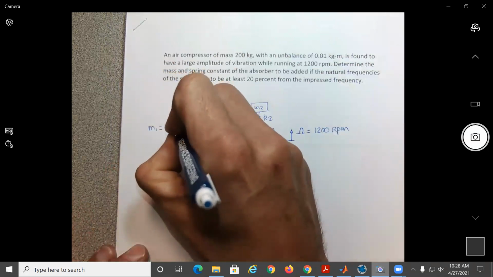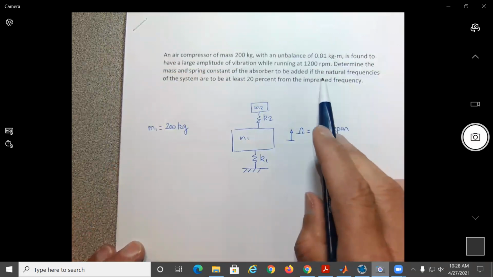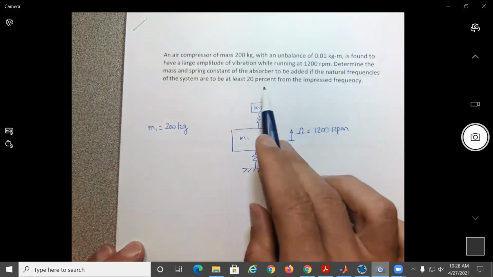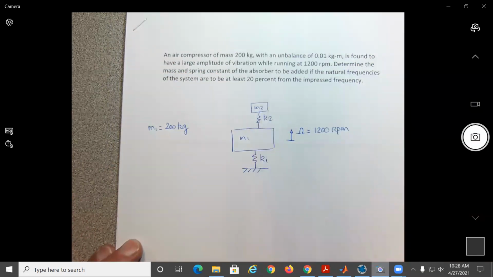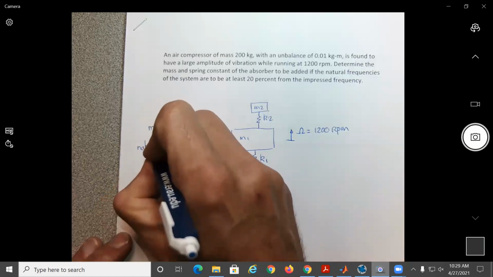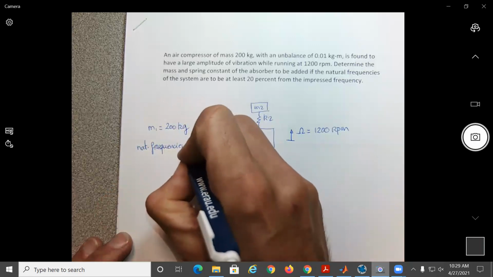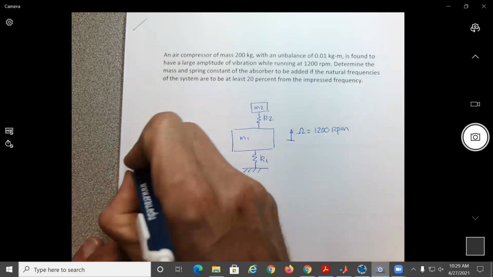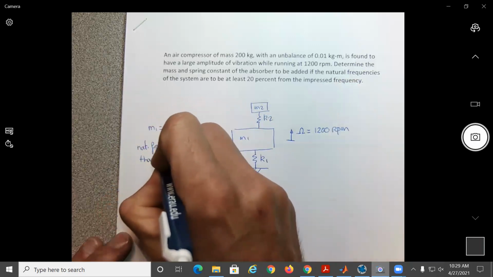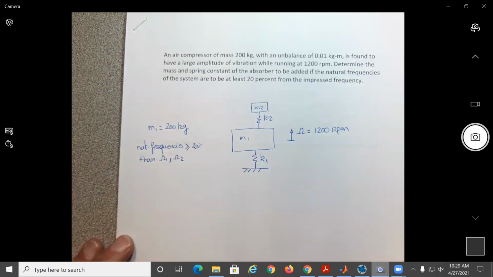M1 is equal to 200 kilograms. And they ask us that the natural frequencies of the systems are to be at least 20% from the impressed frequency. Okay, so natural frequencies at least 20% higher than, I put it over here, but I'm guessing it's omega 1, comma, capital omega 2. So basically, as we said before,